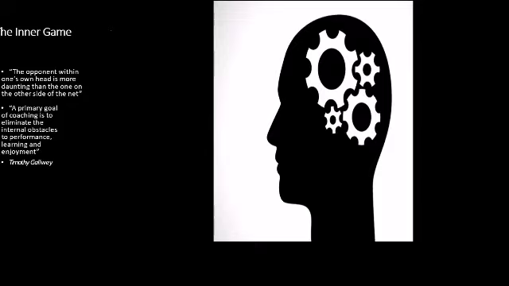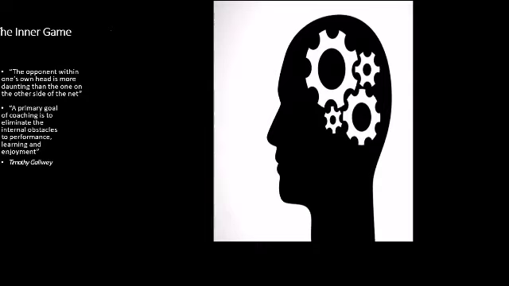Excellent answer, Manasseh. So the inner game takes place within the mind of a person and is faced against such obstacles. So what are the obstacles? You mentioned one of them, Manasseh: fear, self-doubt, lapses in focus, and limiting concepts or assumptions. So the inner game is a proven method to overcome the self-imposed obstacles that prevent an individual or team from assessing their full potential. So we read his statements as: the opponent within one's own head is more daunting than the one on the other side of the net.